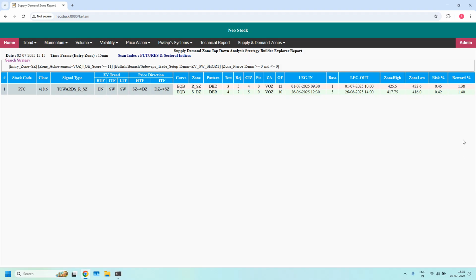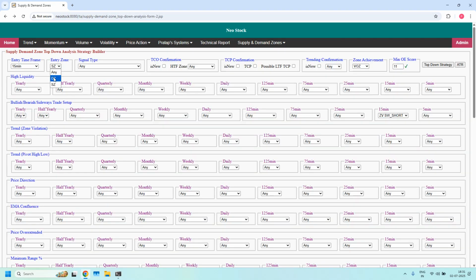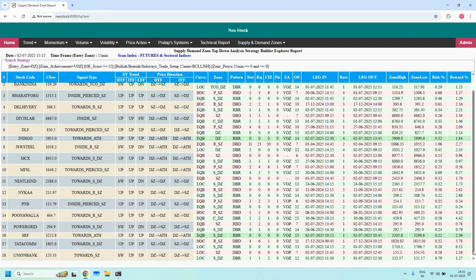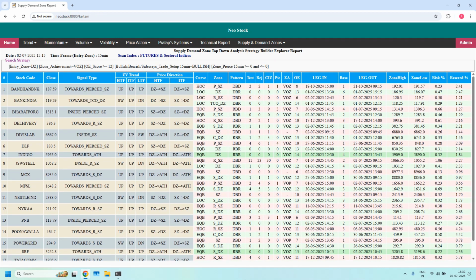Okay, next we will look into the bullish trade setup for daily income trade. The changes are 15 minutes demand zone and also here bullish, and one more change, minimum order enhances score 12. Let's filter. First 16 stocks in the list, total 18 stocks are filtered. First 16 stocks in the list,